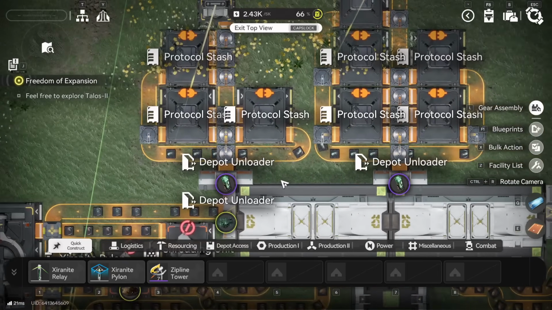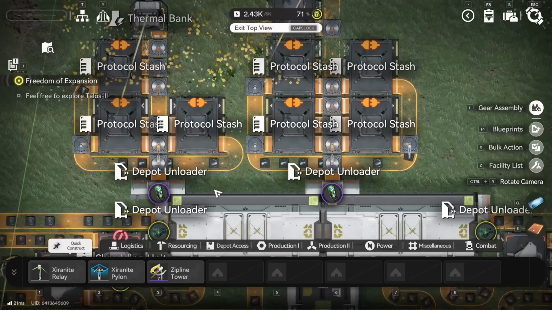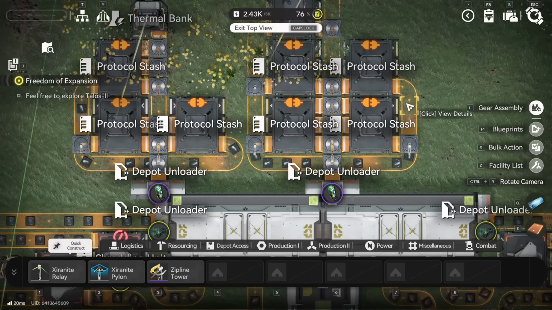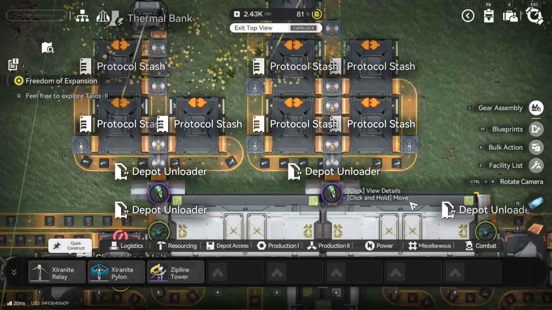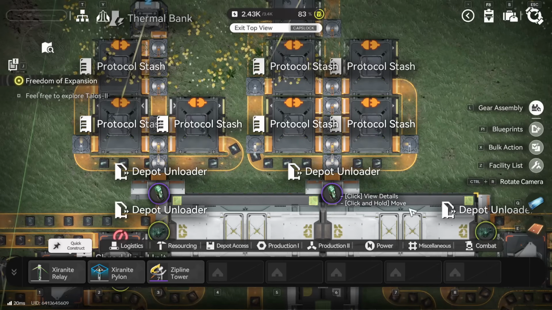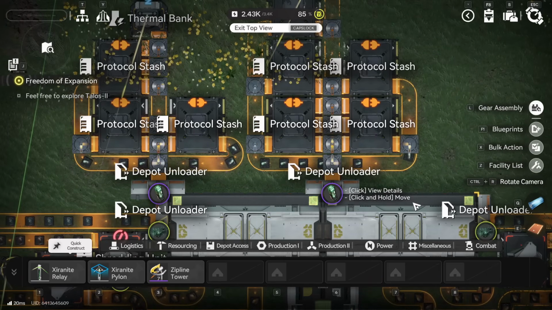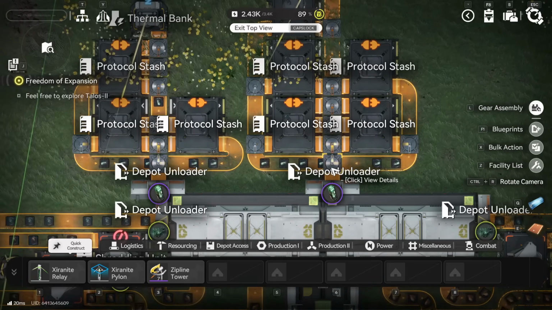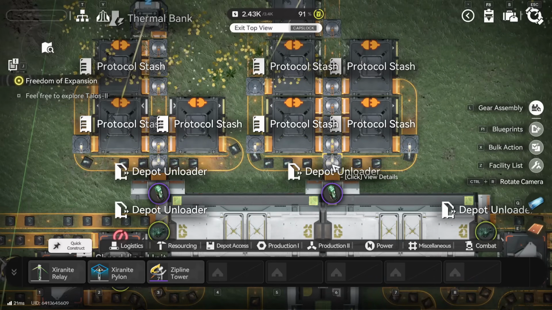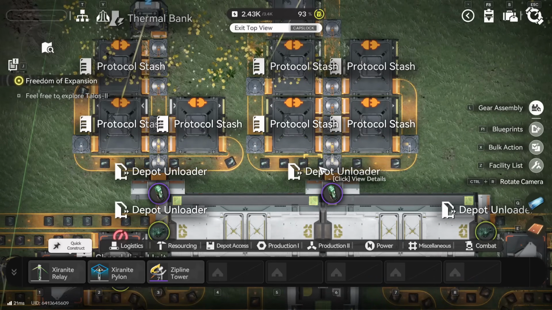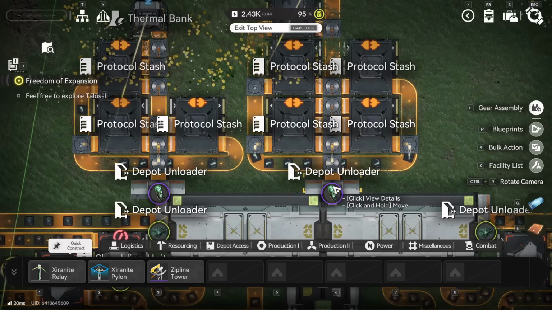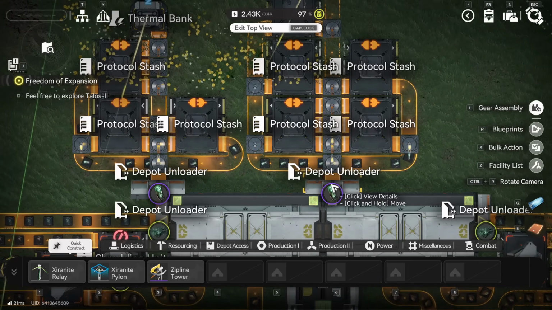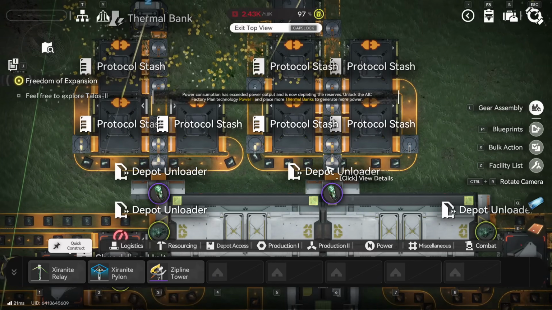As for feeding back into the system, you have basically 2 options. You could either have those lines that go back from the portal stashes go into a depot loader, back into the depot, or you can feed them back. If you feed them back into the circle, ensure that this converter that feeds them back into the circle is right in front of the depot unloader or the output. The reason for that is if you install